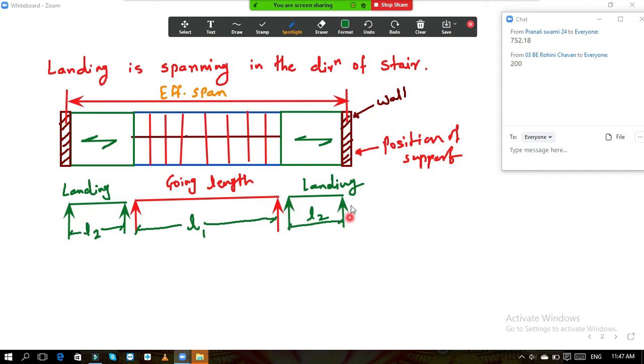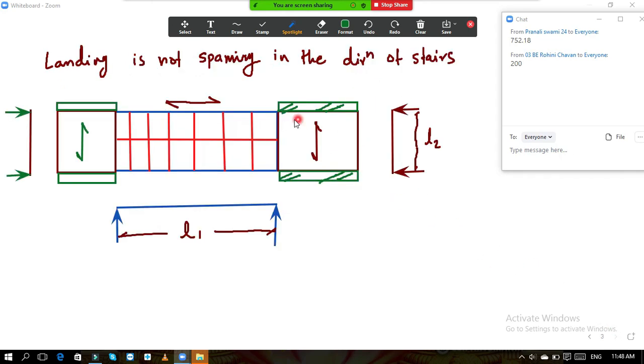So here there is no support in the next case. But we can't leave the landing slab as a cantilever. Therefore, the support is provided at these two ends. So when the support is provided here and here, the support will act at these two points. So this will become your span now, because the support is like this. Now this is your span, and for going here the support is provided, here the support is also there, so this is your span.